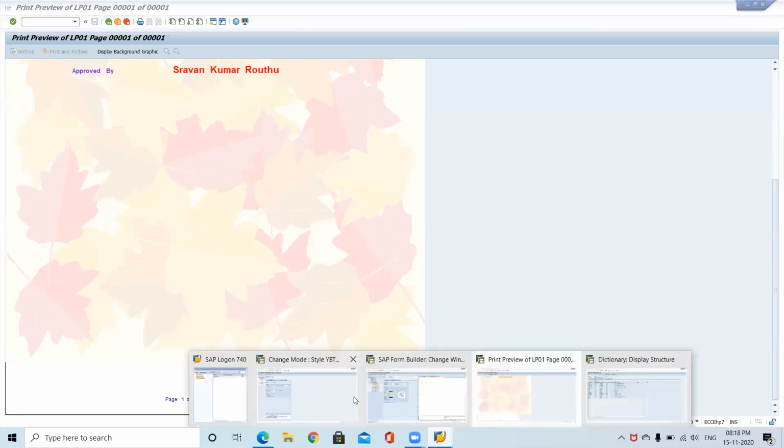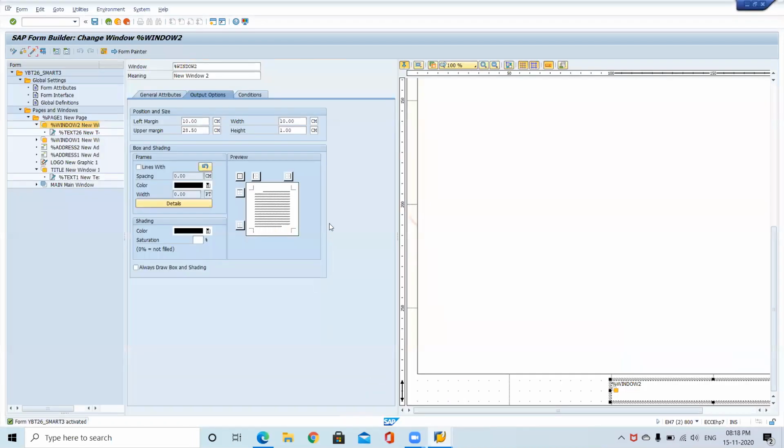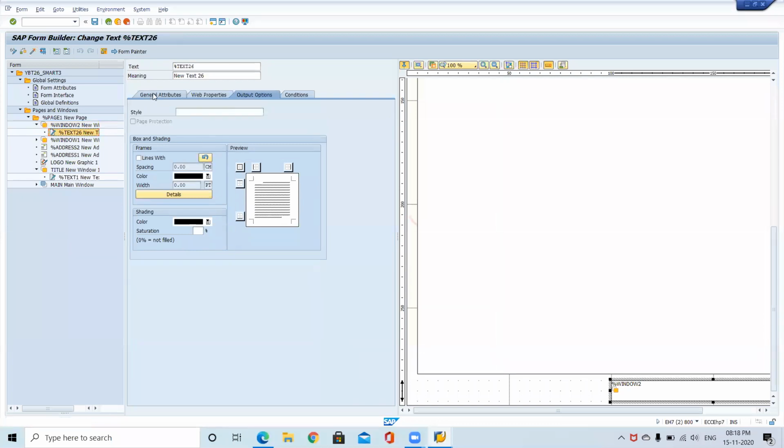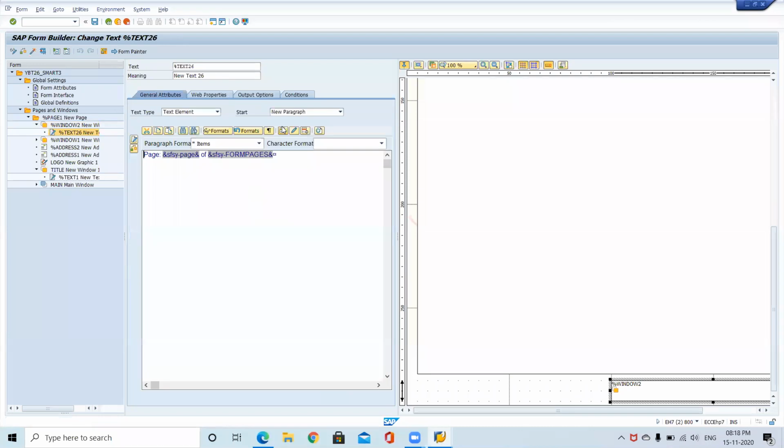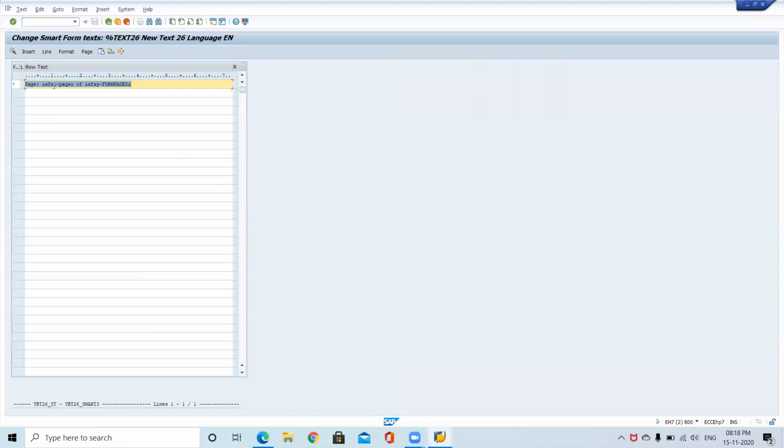What is the system parameter? For printing the pages, we used a system parameter, SFSY. So page is the current page number. Form pages is the total number of pages.